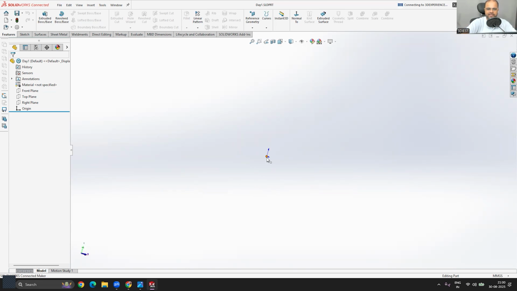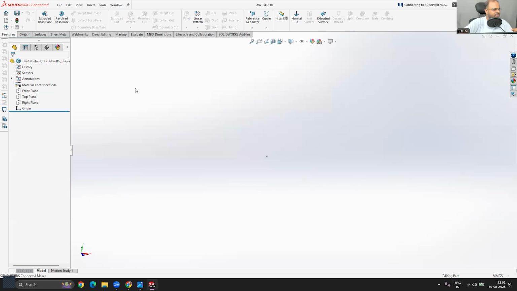And if I move my cursor near it, I can even select the origin. Here you can see that it's just a point, nothing else, and it's known as the origin. It is usually turned on, and you can turn it on or off through this icon over here. Then we have other options like applying appearance or applying material, applying scenes to our solid model, that we can also do. Next to that, we have a few more options that are not really important.